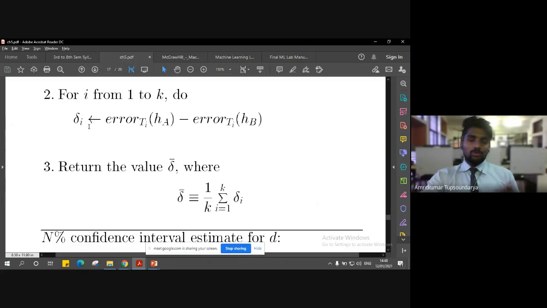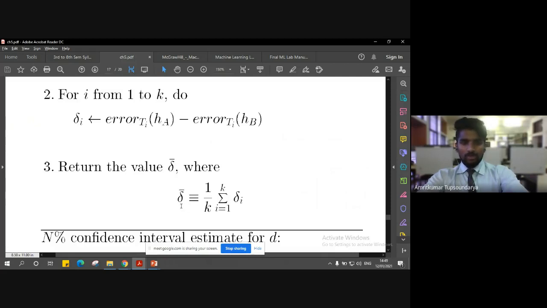So we have to compute the mean or the average of this delta value in order to compute further. So what we will return is the mean value of all these delta values. This delta bar is nothing but the mean of all the delta values for all the test sets.